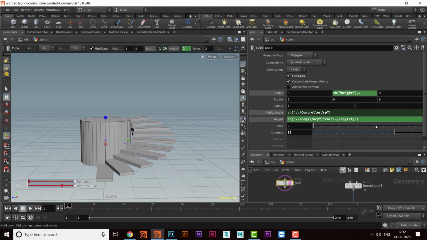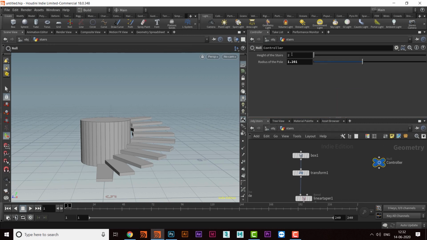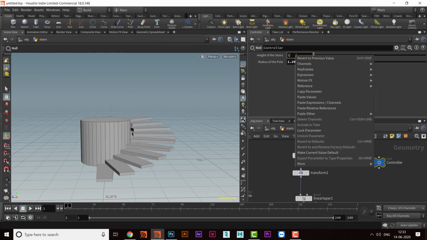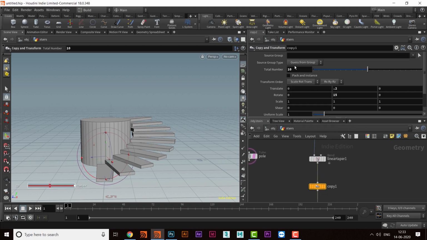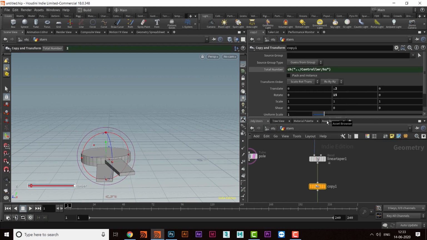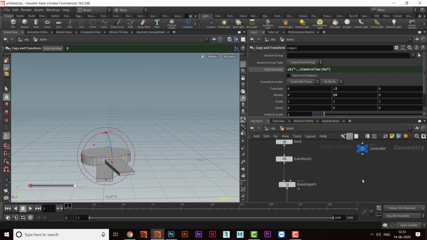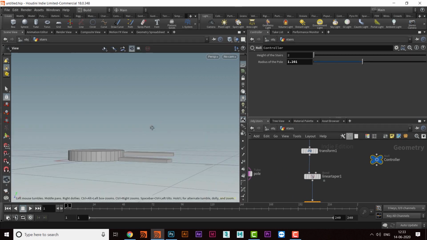And then what I have to do is go here, take the height of the stairs, copy parameter, go in the copies, and paste relative reference here. Okay, so now these two things can be changed from here.